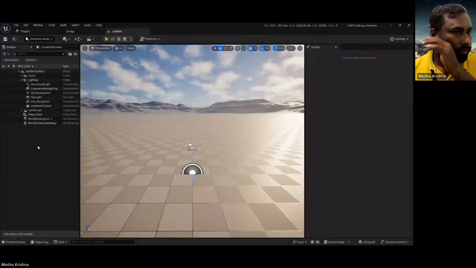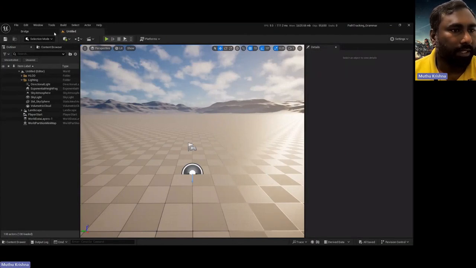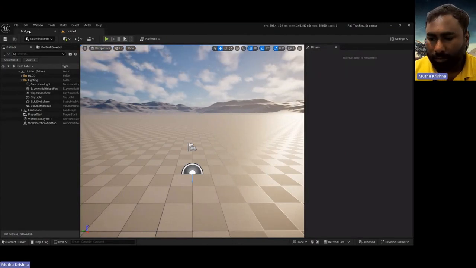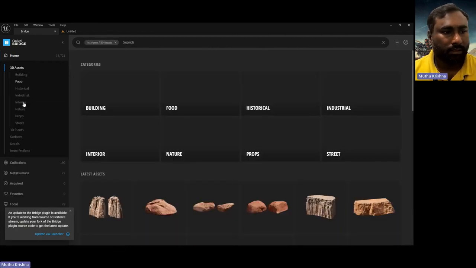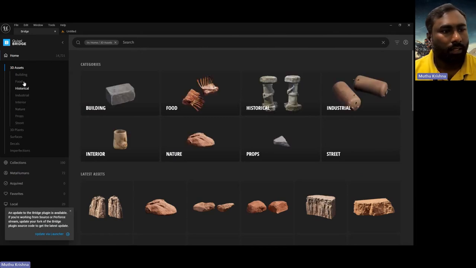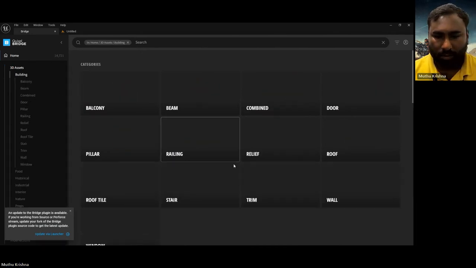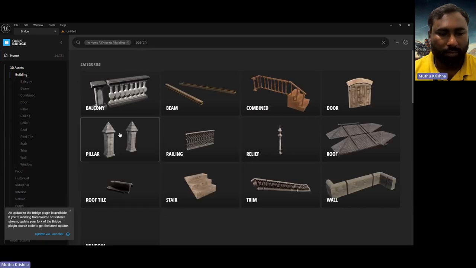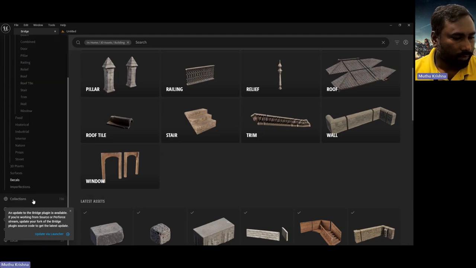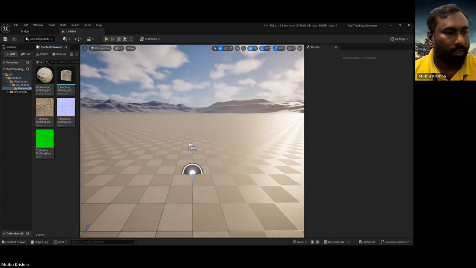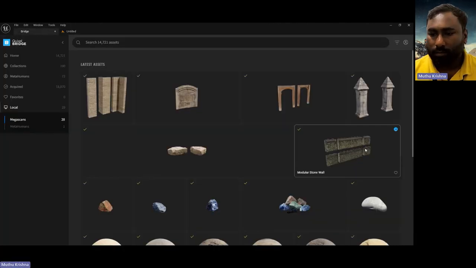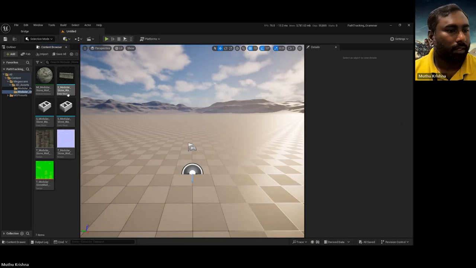So here we are. We have enabled the plugin, and for the demonstration, I'm going to use a few assets. I have downloaded those assets from Bridge. If you just go to the 3D assets, for demonstration, buildings, we have some pillars. Once downloaded, it will be in the local. I'll be using this door for the demonstration part. Also these walls,